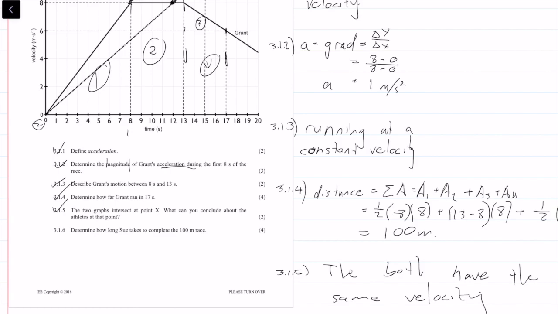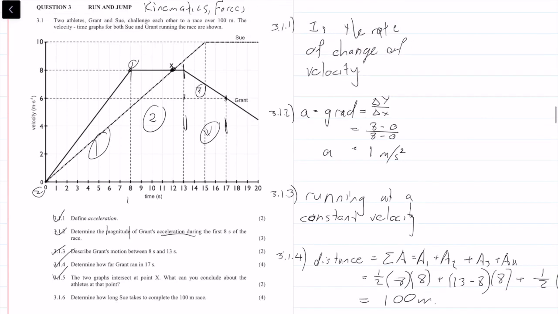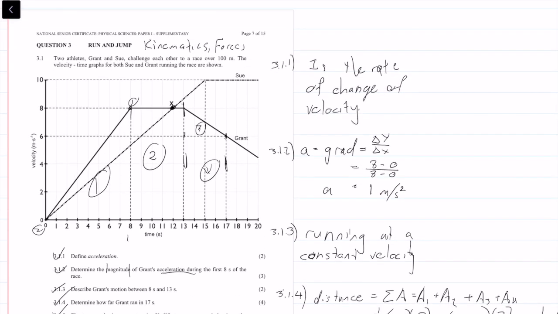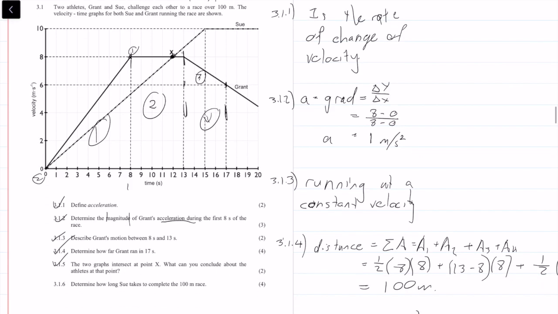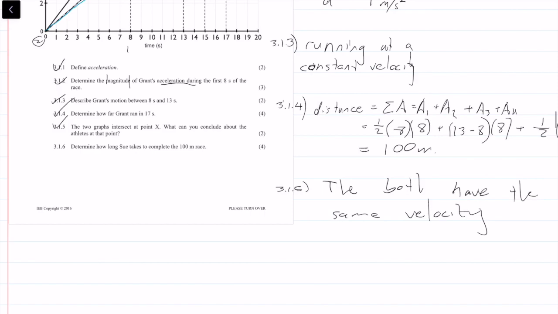And then it says, determine how long Sue takes to complete the 100 meters. So how are we going to do this? We want the area for Sue. So Sue's graph is this graph I'm going to draw in blue. This graph right here. So we want to determine the time she takes for the 100 meters. So 3.1.6, I'm going to say that the distance